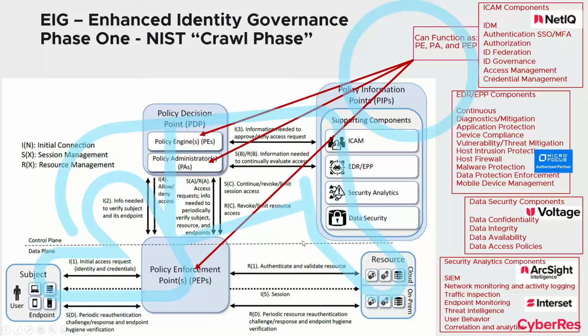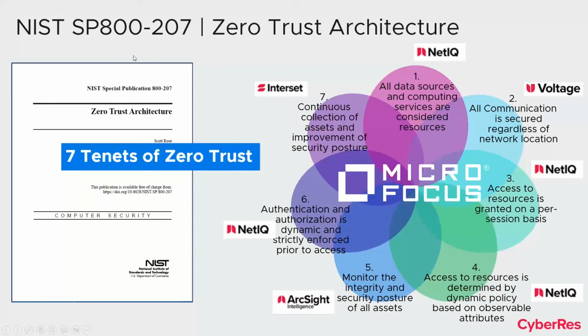In summary, we can be extremely beneficial as you're trying to accomplish this enhanced identity governance crawl phase. The ability to have a primary vendor for these different components that all must work together and must provide good, meaningful, adaptive intelligence is critical. And so to have a primary vendor that has so many of these solutions all in one place can just make life much simpler and much more cost effective and much more efficient. And just to circle back to NIST, this is basically how our CyberRes portfolio maps to the 7 tenets.